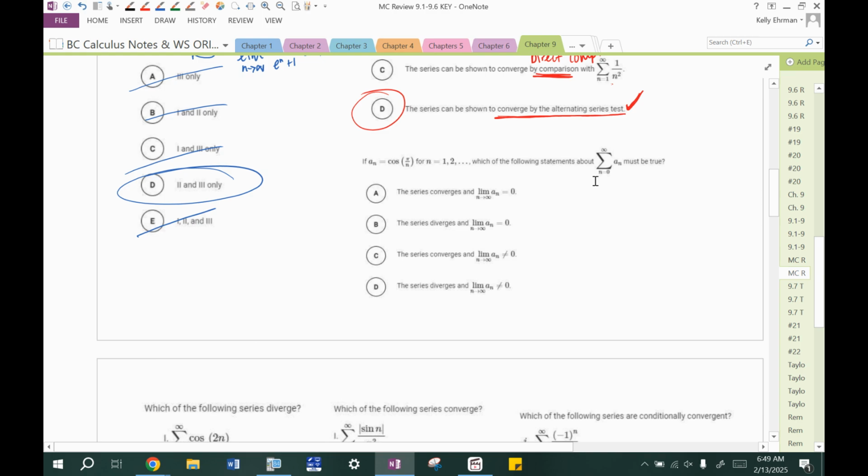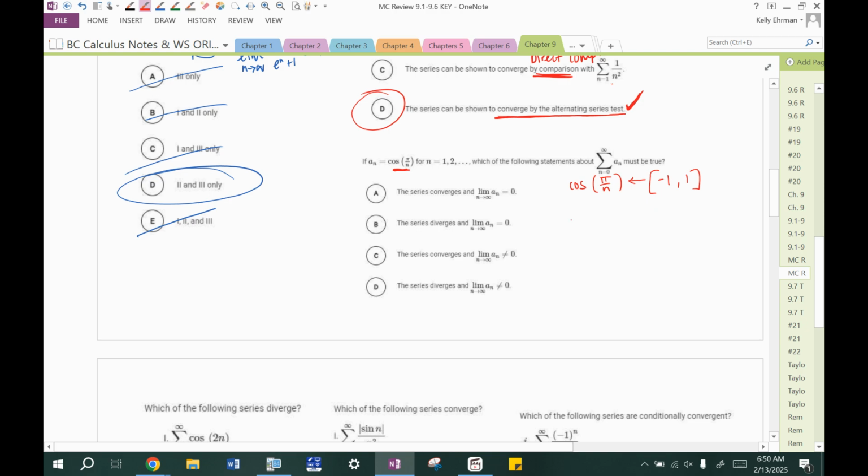If a sequence is cosine of pi over n for n equals 1, 2, etc., which of the following statements about the series from 0 to infinity must be true? Let's see. So if we have cosine of pi over whatever, remember cosine will always fit between -1 and 1. And if that's the only thing happening here,